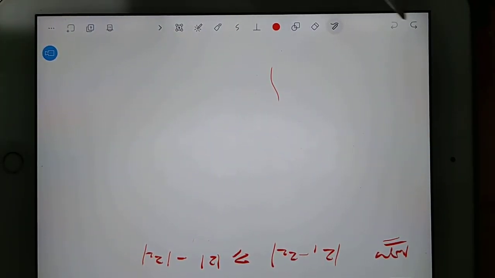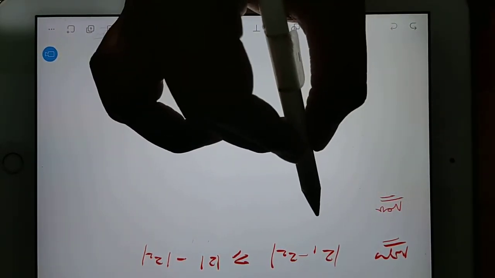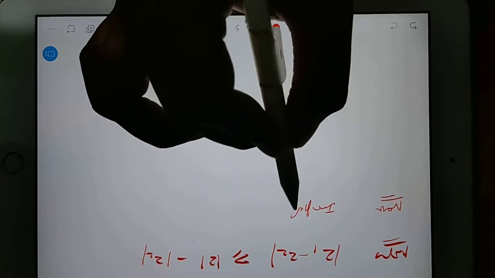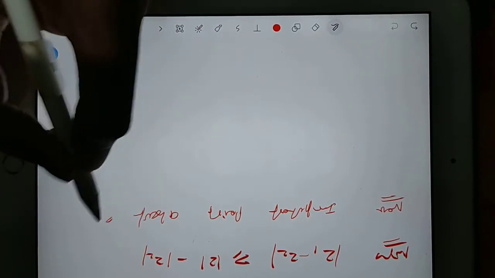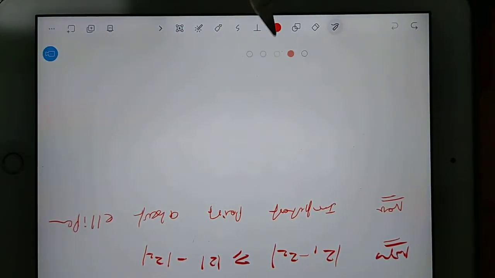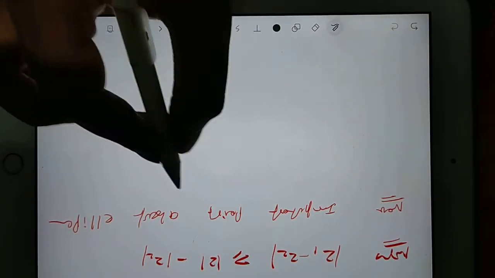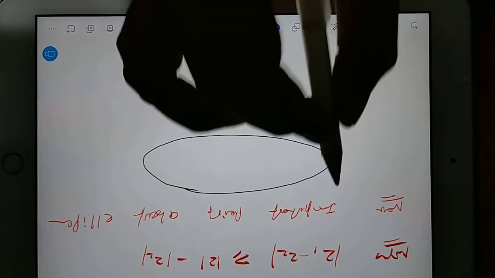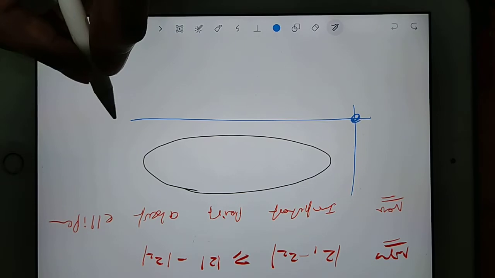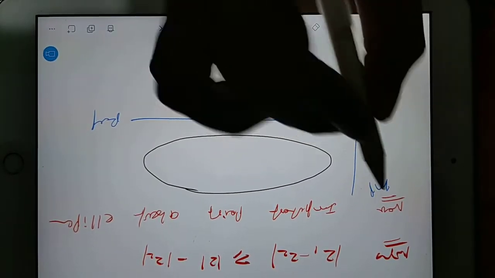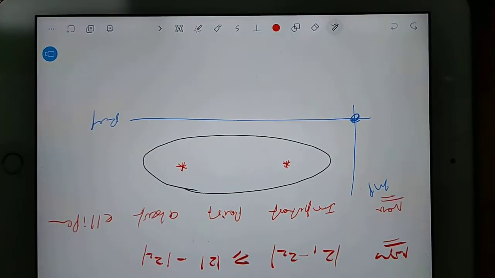You should also take one note point, and it is an important point about ellipse. In case of this, suppose this is your ellipse, and this ellipse I want to analyze with respect to the origin in your real and imaginary axis. So in ellipse you have one focus here and you have one focus here.